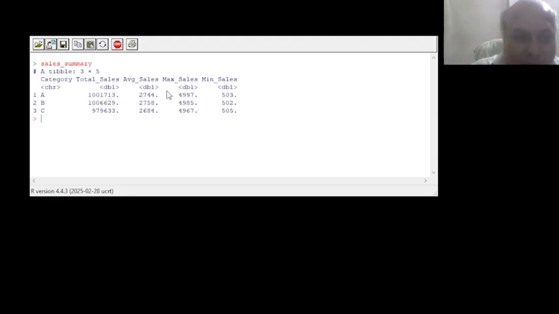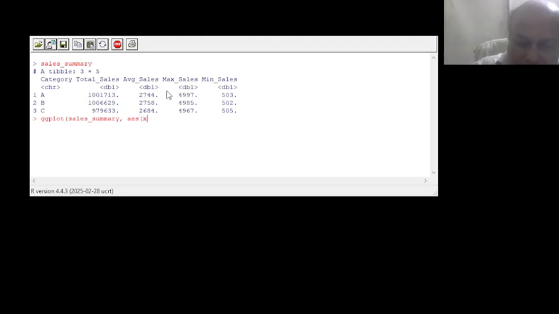So now we can have total cells by category for a pie chart, and to draw that we'll again use ggplot. Ggplot cells summary as the base data,